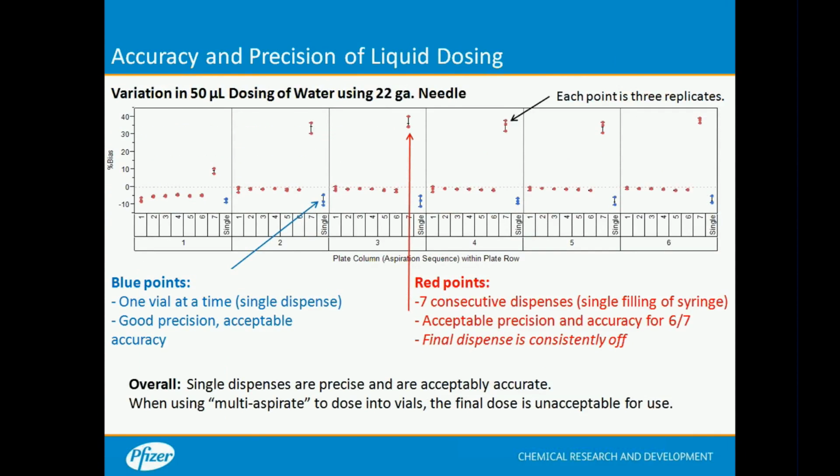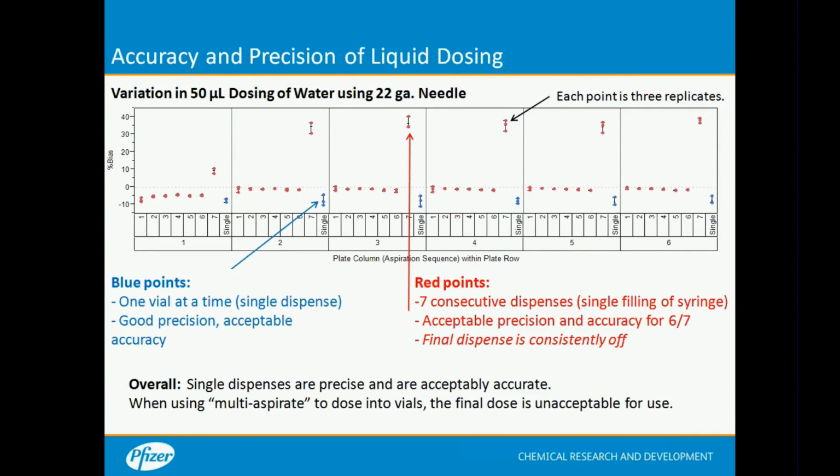So we also looked at the multi-aspirate, which is where you have a single filling of the syringe, and then in this case, 7 consecutive dispenses. And what you'll see is that for the first 6 of those 7 dispenses, there's great precision, and the accuracy is actually really good. But unfortunately, on the 7th dispense, it's consistently off, and it's 20 to 30% off, not